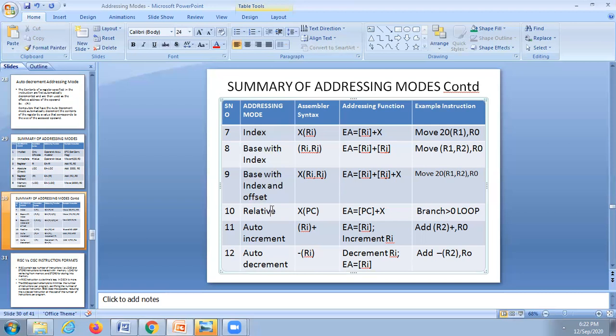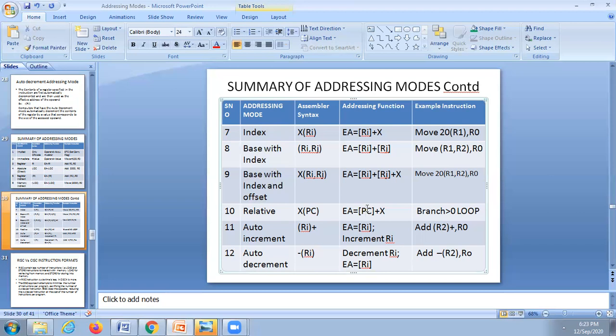Then relative addressing mode. In the case of relative addressing mode, the effective address is like your base with index. It is the same as your index addressing mode. The index addressing mode and the relative addressing mode are both similar except for the register. Here the register is Ri, here the register is PC. PC means program counter. Program counter is the CPU register which stores the address of the next instruction to be executed.